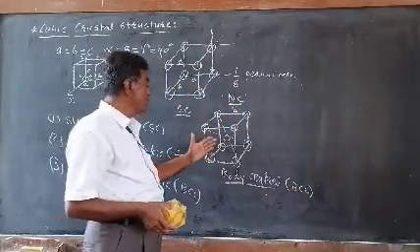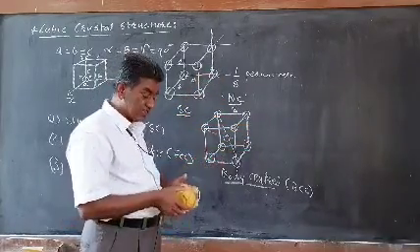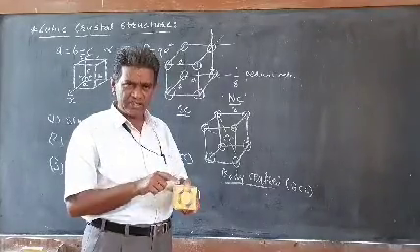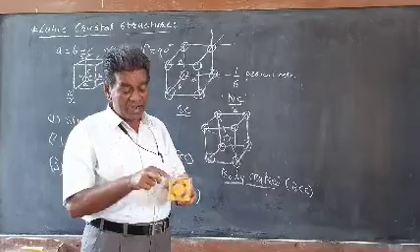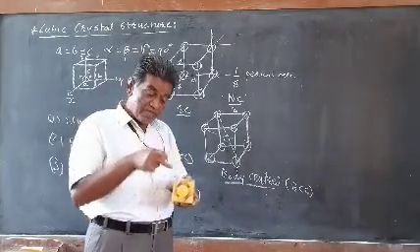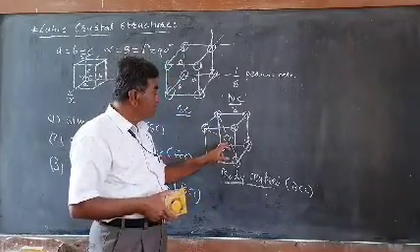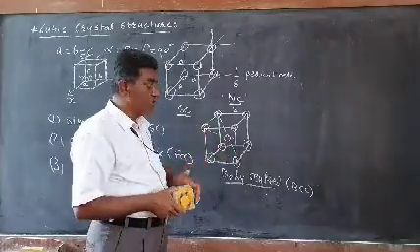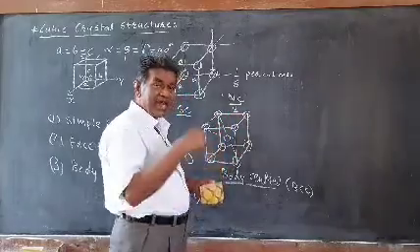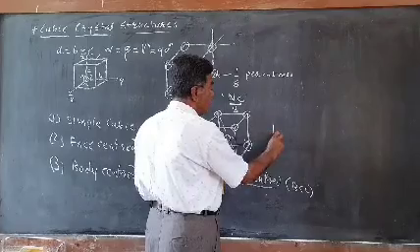The whole structure of the BCC can be constructed by the repetition of this unit cell. In addition to the corner atoms, there is one extra atom located at the middle of the unit cell. This is not shown in this model, but the corner atoms are shown. The corners of the unit cell are shared by 8 neighboring unit cells, so the contribution of each corner atom is 1 by 8.